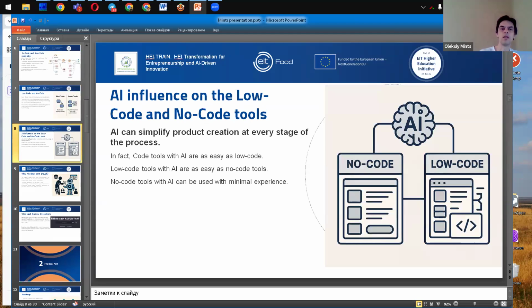The next slide is about how AI influences low-code and no-code tools. AI solutions can be implemented at every stage of using no-code and low-code platforms, and code platforms also. It lowers the bar on what you need to know and can even perform entire tasks for you.